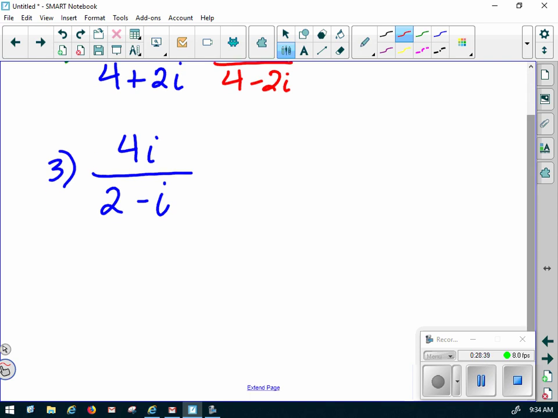I have a binomial in the denominator. i is part of it. What do I need to multiply by? I've got a binomial, so I'm going to have to do a conjugate. Times 2 plus i. Now,